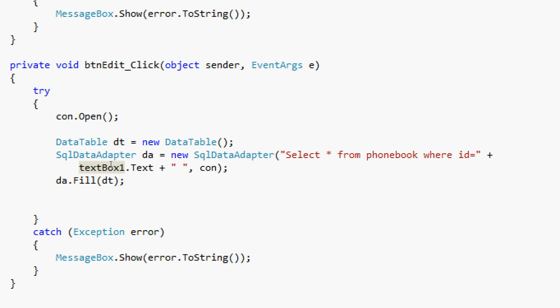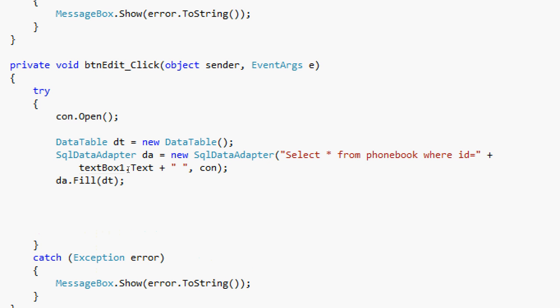It should be refreshed, or the database should be refreshed. And then da.fill again to fill it, and then after that start the editing